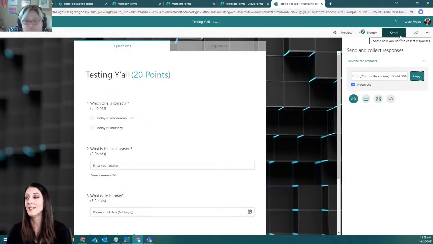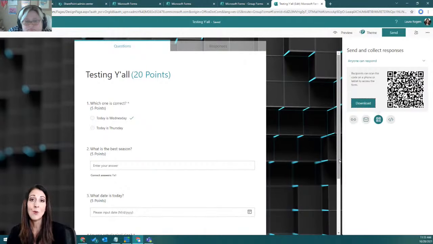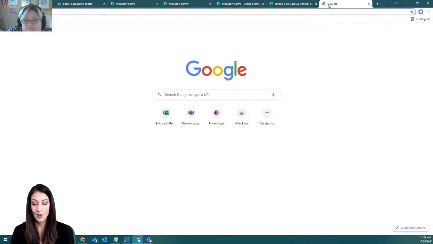But the gist is that if you want to look at the form data in some other way than just going and clicking on the responses tab, or clicking to export it to a spreadsheet, which is not dynamic, if you want to dynamically put the data in SharePoint or do something else with it, you just use a flow. So you go to Flow,